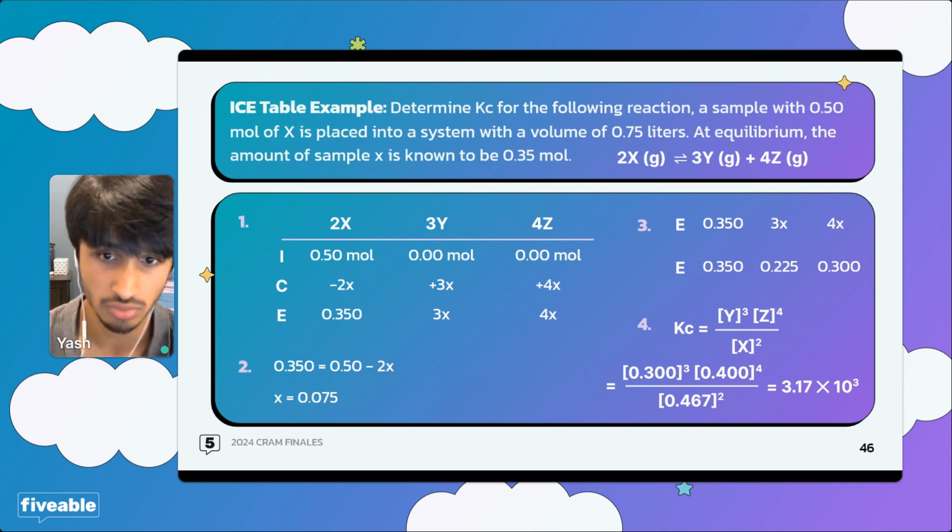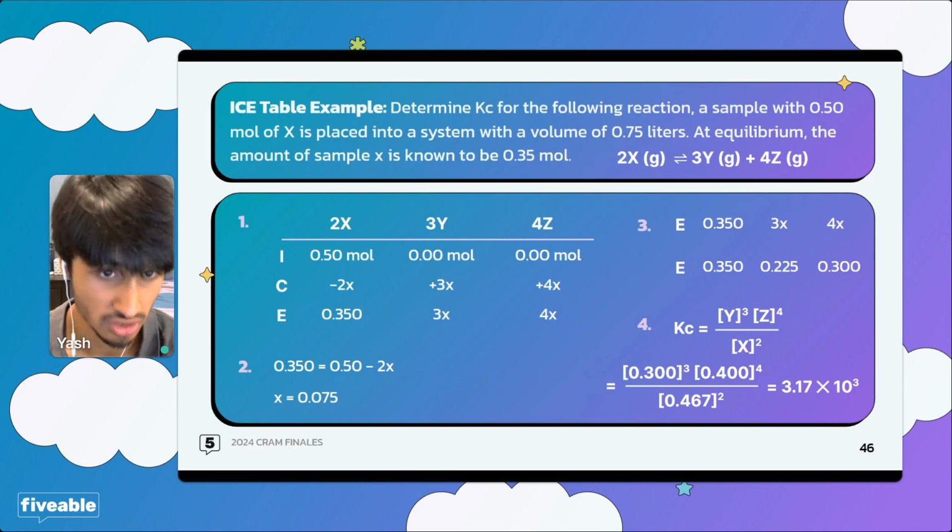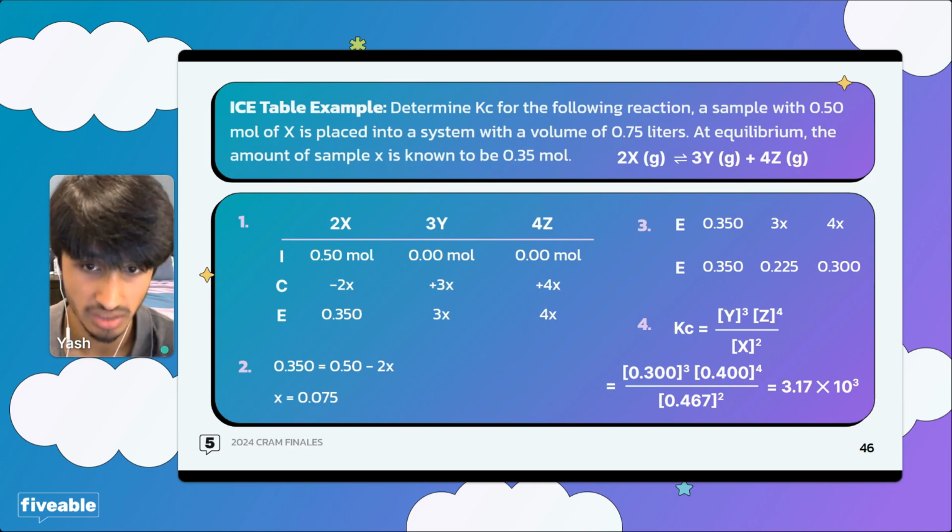So we know that Kc is equal to the molar concentration of Y cubed, because of the coefficient of 3, times the molar concentration of Z to the 4th, divided by the molar concentration of X squared, right? And now we know that the molar concentration of Y, for example, is moles over liter. The moles of Y is 0.225. The liters of the whole system, remember, look at the initial problem. It's at the end of the first sentence. The liters of the system is 0.75 liters, right? So you have to divide 0.225 by 0.75